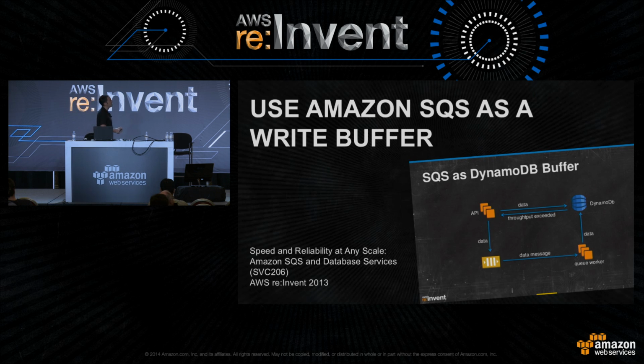But in many situations, like the ones that you have on Black Fridays, you don't want to lose data. Because obviously during a Black Friday, you're doing sales. For Magazine Luiza it was exactly the same situation. People are buying during this period, so you don't want to lose data. But at the same time, you don't want to put too much pressure on your database. So one solution is to absorb the requests in a queue. SQS scales automatically and scales to very high volumes. And then on the other side, you have workers that absorb the data from the other end of the queue and write it into the database.